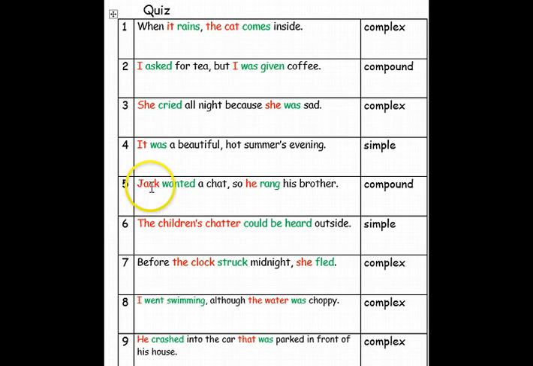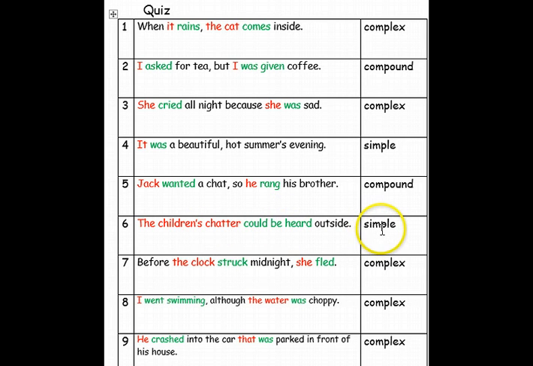Question 5, Jack wanted a chat. Jack is the subject, wanted is a verb. So he rang his brother. He rang his brother is a subject and verb, joined together with one of these lovely little fanboys. Therefore, it's a compound sentence. Question 6, the children's chatter could be heard outside. The children's chatter is the subject, could be heard is your verb, and there's only one subject, one verb, therefore